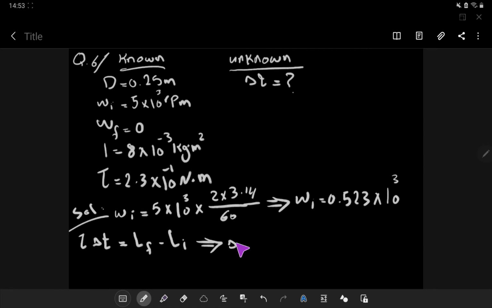I need to calculate delta t, so delta t is equal to L final minus L initial over the torque. Now I will write the numbers. Delta t is equal to L final, which is 0, minus L initial, which is the omega. Here I have the omega,